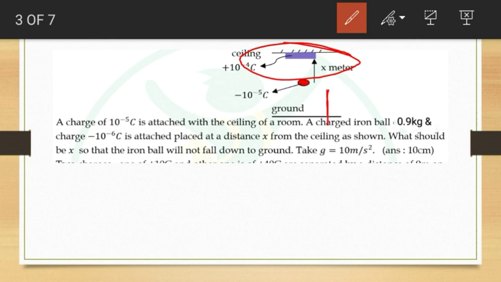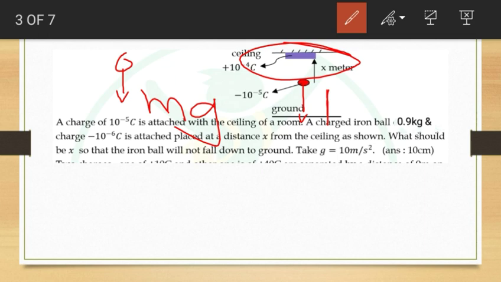Why does it fall down? If some object is in the air at some particular distance from the ground, then why should it fall down to the ground? It is just because of gravity, right? The force acting on it is m into g. The gravitational force is pulling it towards the earth. That's the gravitational force near the earth's surface, which is m times g. So due to this force, this ball is generally falling down, but we have applied some counter forces.